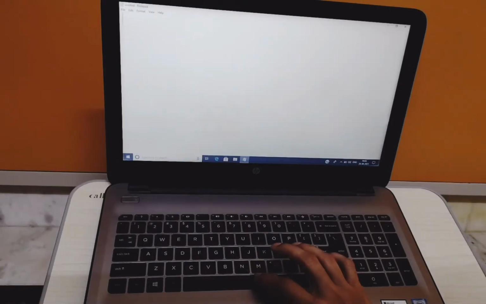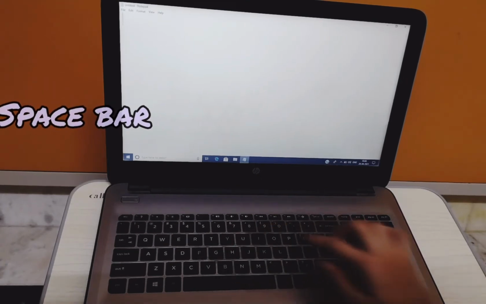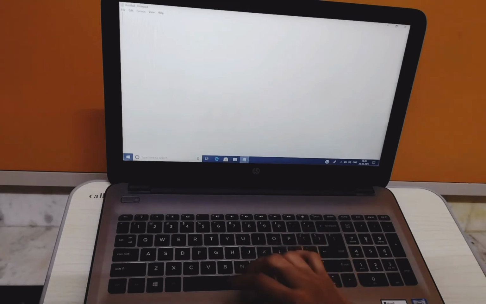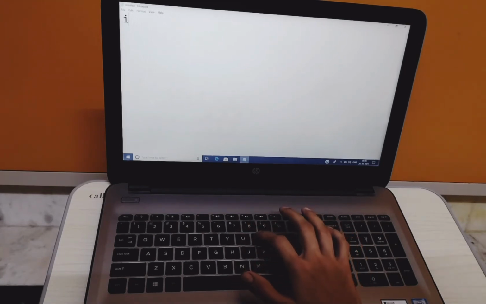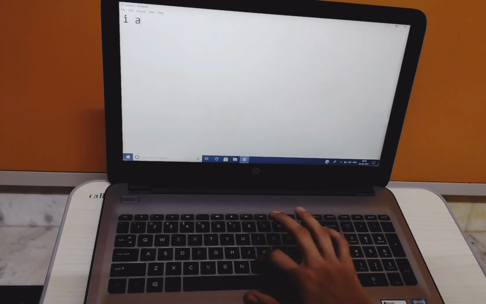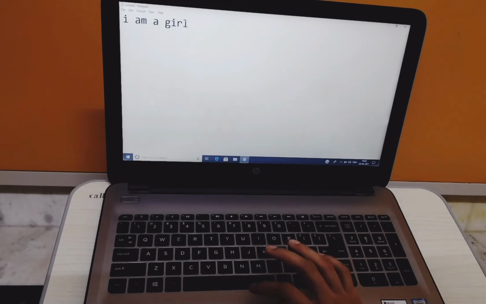And you can see this one. This key is called the space bar. This is the longest key of the keyboard. Now we will start writing. We will write "I am a girl."